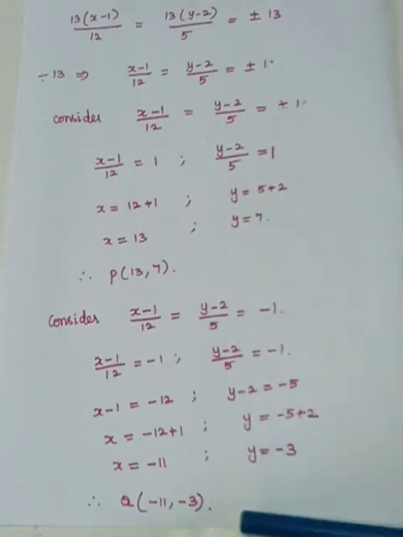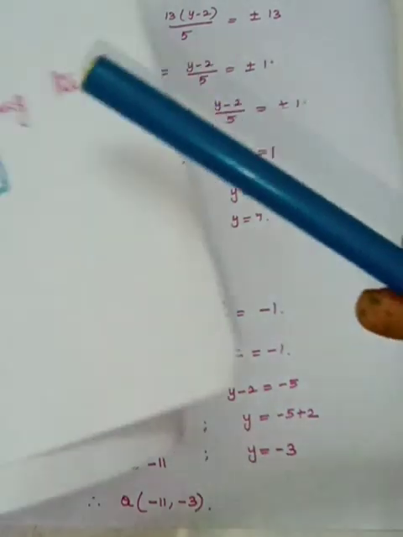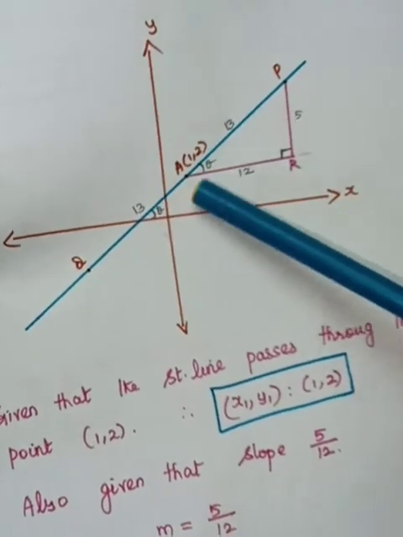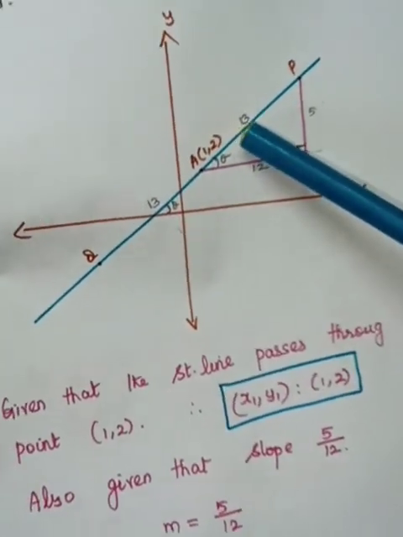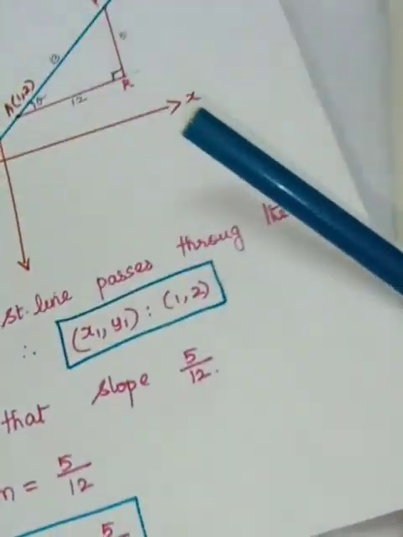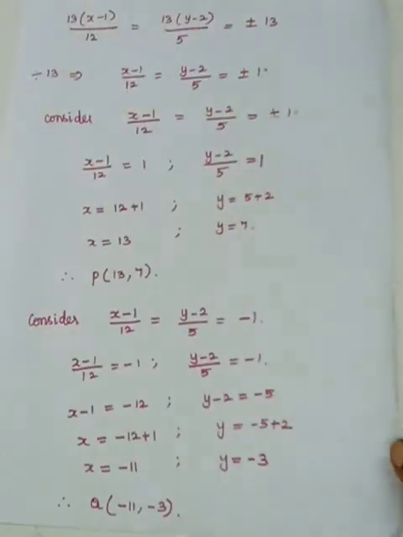So therefore the point is minus 11 comma minus 3. These two are the points, and they are 13 units away from the fixed point. If the fixed distance is given from one fixed point, we have to use the parametric formula. Here your r, for some of the points on one side, is positive, and r is negative for the points on the other side.